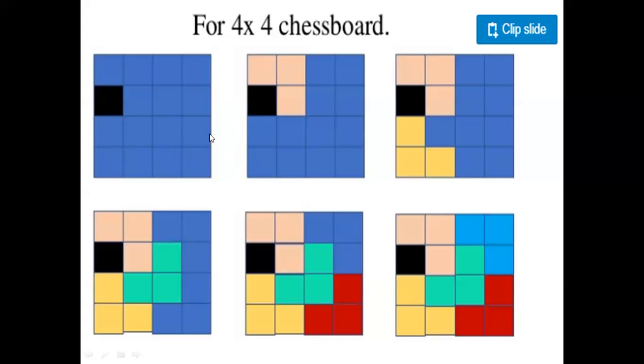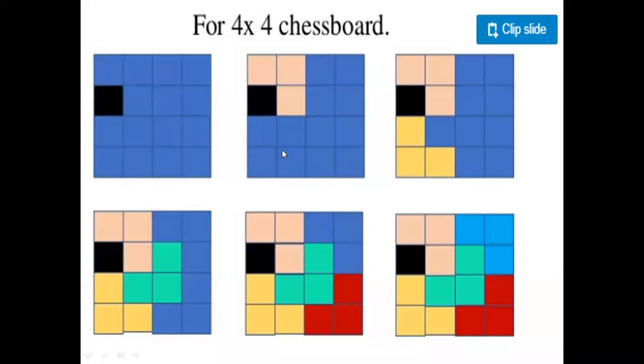So here in the 4 by 4 chessboard, first you place one trinomial, next you place another trinomial, next another trinomial. It is a green trinomial, next a red trinomial, and next a light blue trinomial. So the squares are covered with different L-shaped trinomials. No trinomial is overlapped with one another. Here the condition is that all trinomials cover non-defective squares.